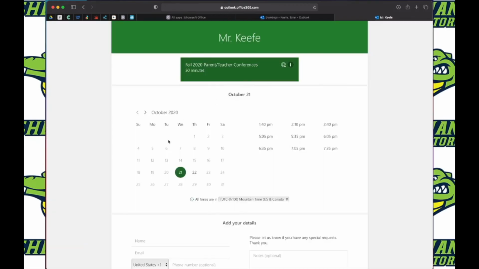Now, because I had it set correctly, it is only showing up on the 21st and the 22nd. And then they could go in and schedule and set their times. Now, the nice thing about this is if I have anything scheduled on my calendar already, then there will not be a time slot for a parent to be able to schedule anything. So because I do have something on my schedule from 1 o'clock to 1:30, it's not showing up as being